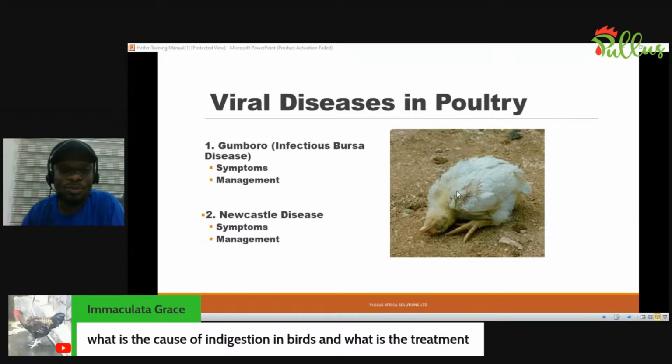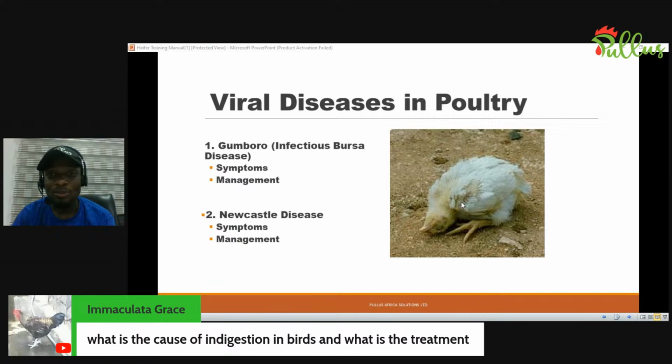So what you're supposed to do in that situation is to try to manage this problem to solve it. Also, there's what we call kaolin. You can give it to them in water to soothe their digestive tract. Most times when you see blood in their feces, like in the case of coccidiosis, it is because there's injury in their digestive tract, and that affects the digestive system. Like I told you, even the absorption of nutrients will be affected.